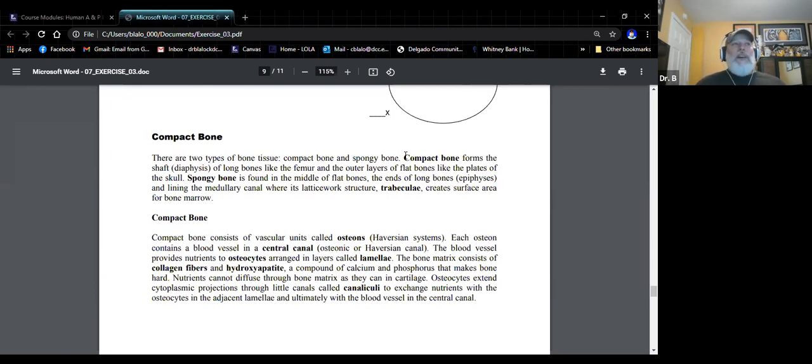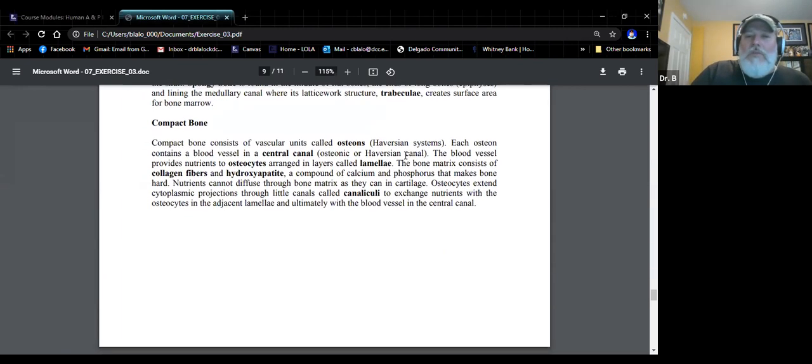Now, we're also going to find compact bone making up the diaphysis of the long bones. The diaphysis is the shaft of the long bones, because those long bones are weight bearing, and we need something like compact bone, which is going to be very supportive in nature. That compact bone, like we said, is going to be made up of structures called osteons. Those osteons will have a central canal in the middle of them. So I will show you an osteon on the slide, and I will show you the central canal